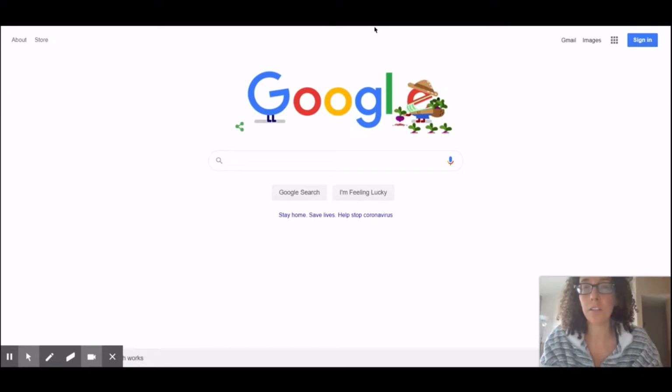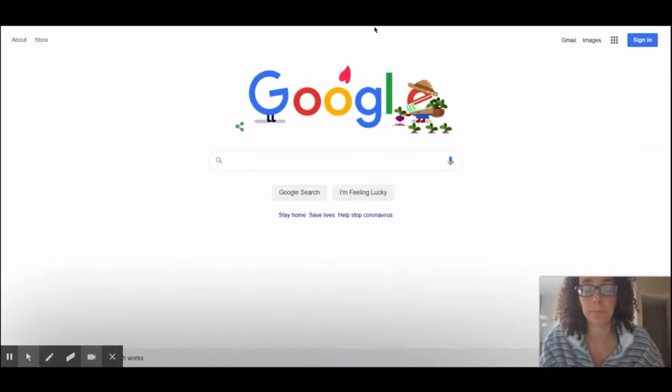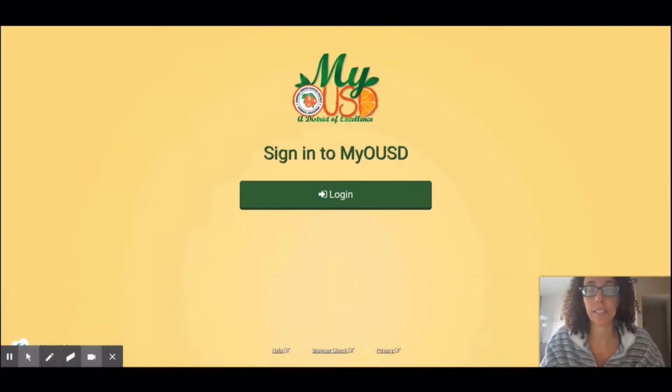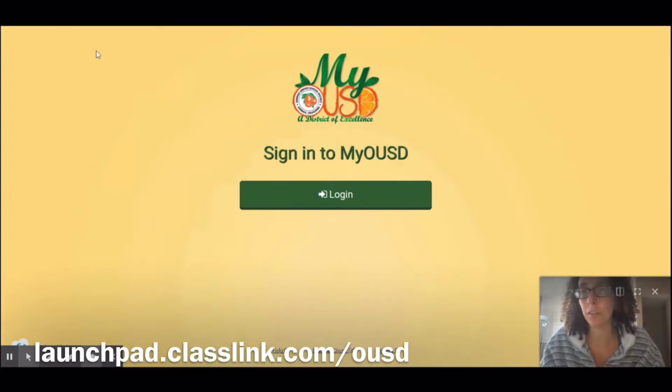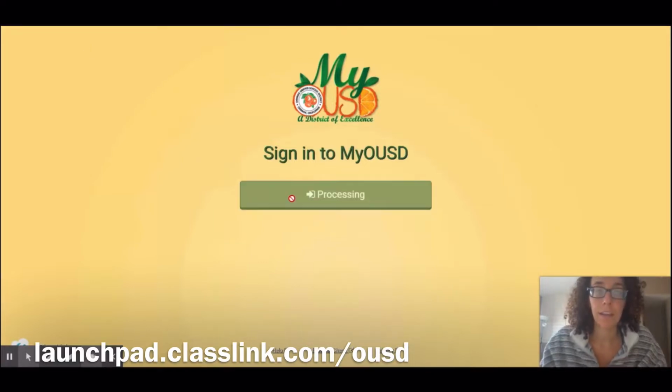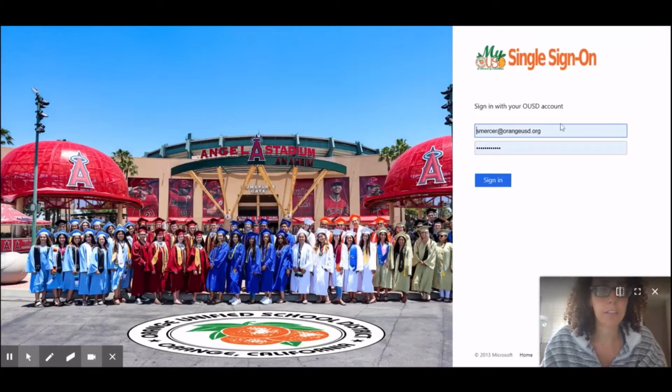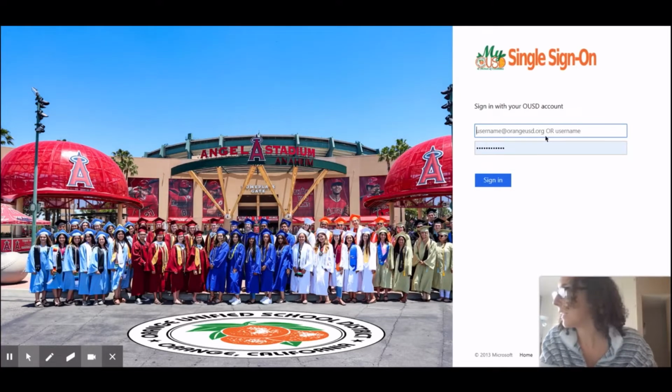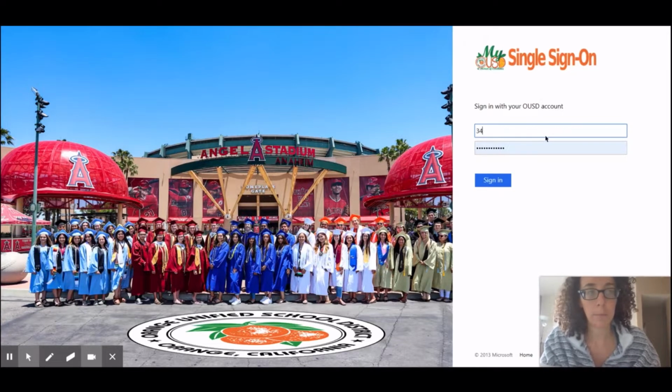First, you want to log on to Orange Unified's single sign-on page, which is right up here, launchpad.classlink.com/OUSD. Then when you press login, it'll bring you to the screen. Mine's automatically in here, but I'm going to use a student as an example. So if I put in the student's number,